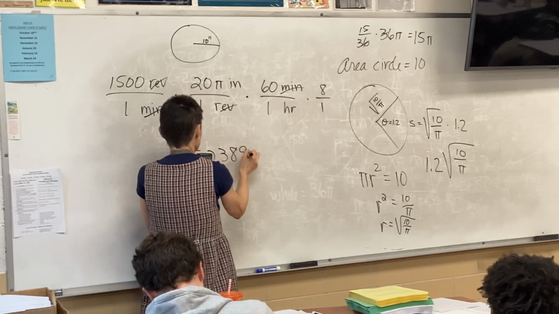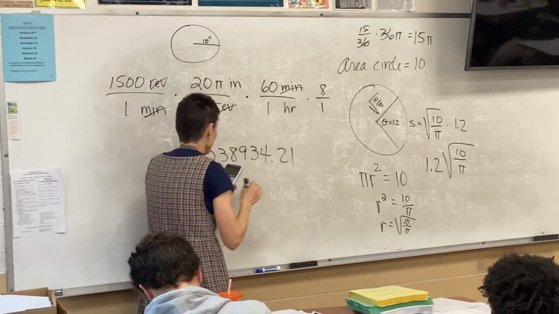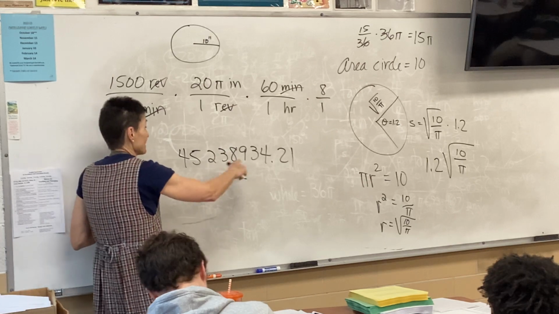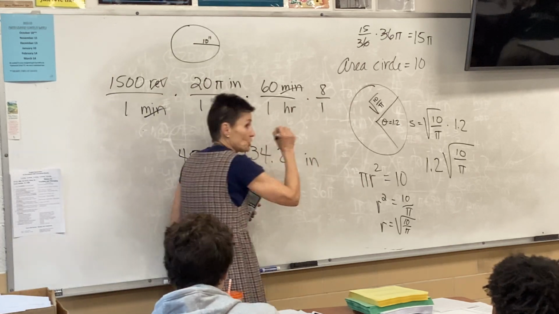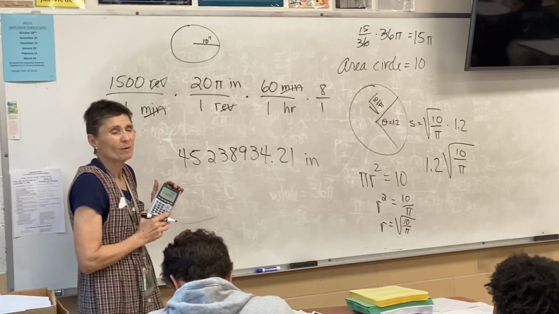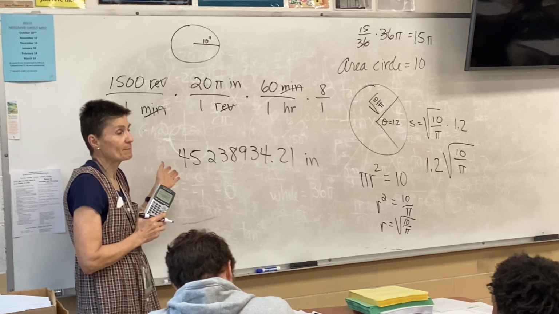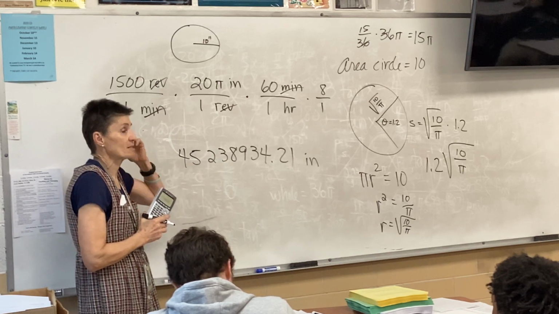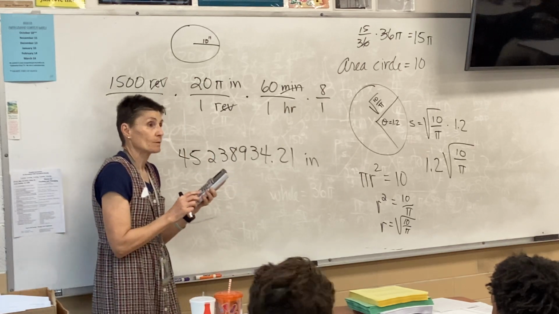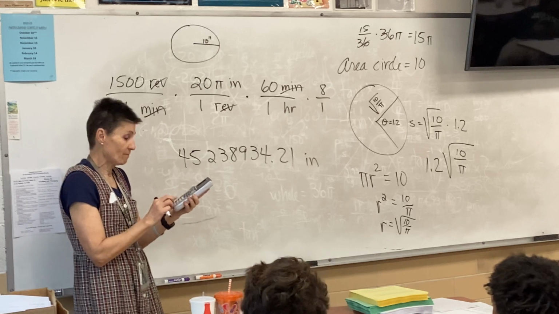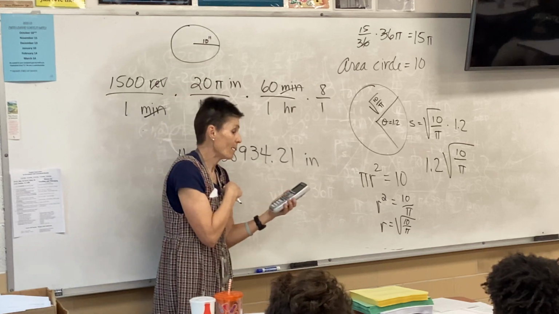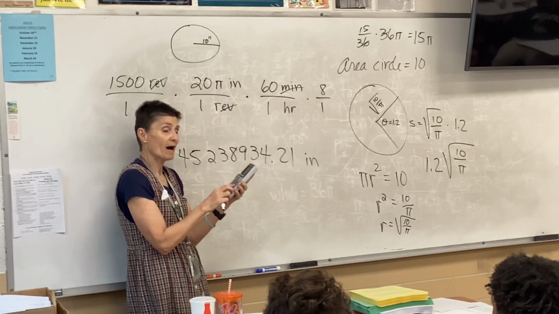Let's talk about this. If I leave it this way, and if I typed in all the numbers right, this is how many inches it will travel in 8 hours. Well, that's kind of a stupid number, right? I mean, it's huge. So what could I do to make this a more reasonable number? Divide by 12. If I divide it by 12, then I would know how many feet it traveled. It's still ungodly. So I'll divide it by